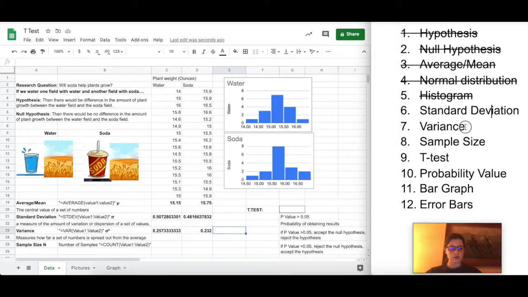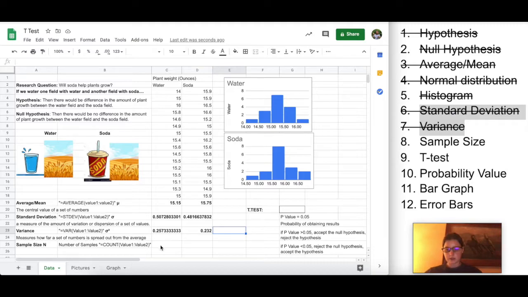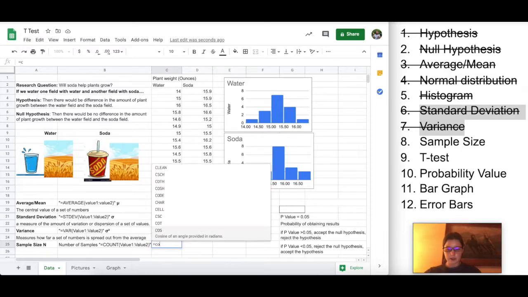Now, so you went over standard deviation and variance. Now to go over sample size, this is just the number of samples, or I guess like the number of plants in our population. So you could manually count like 1, 2, 3, but that's kind of tedious. So you could also do a function called count, and you would do the equal sign, count,